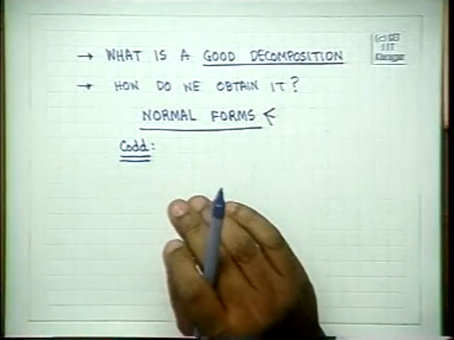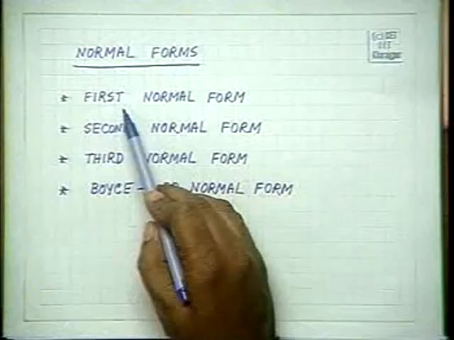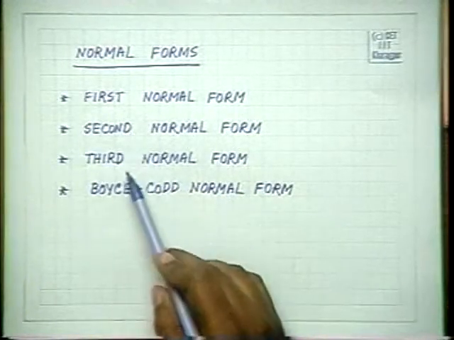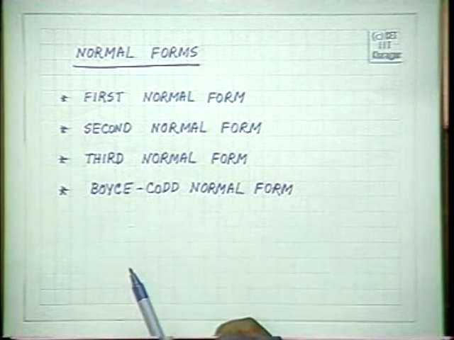So, we will study these normal forms one by one and see what are the types of normal forms available. There are several normal forms: the first normal form, the second normal form, the third normal form, the fourth normal form, the fifth normal form, and there are normal forms in many other people's names like the Boyce-Codd normal form, etc. So, we will study some of them presently. What we will study are the following normal forms: the first normal form, the second normal form, the third normal form, and the Boyce-Codd normal form.